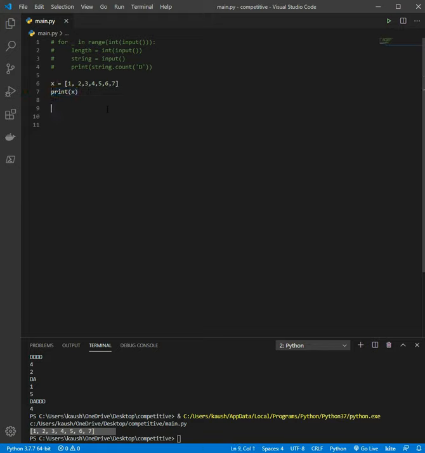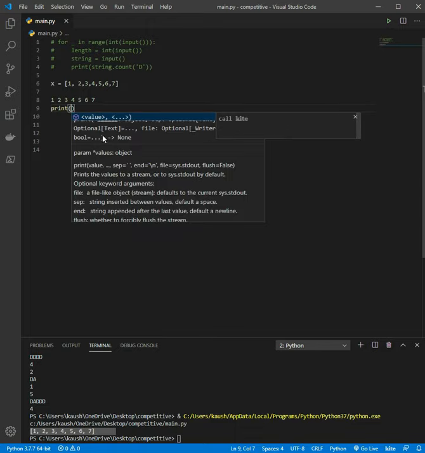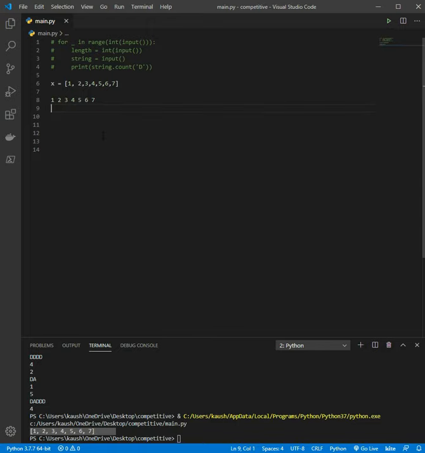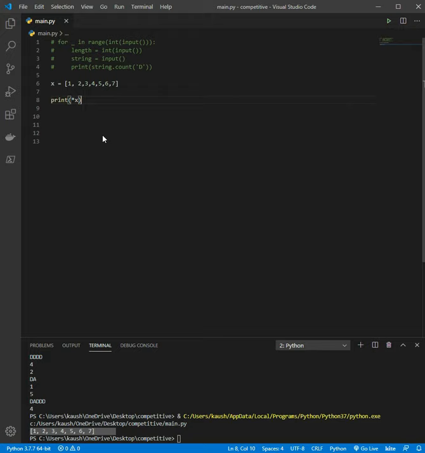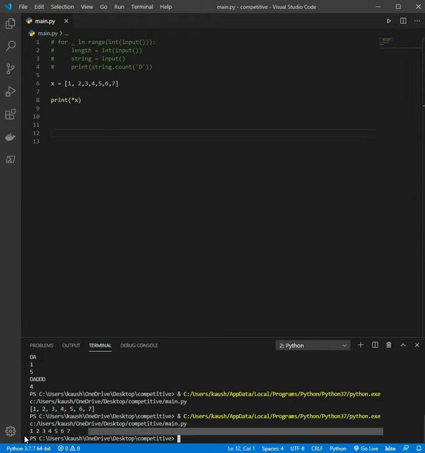These are sometimes asked in competitive programming. What if I want the output to be like this? In order to do that, you have to do nothing special. For the newbies, or maybe if you are aware of Python, you might be considering a loop and then printing i. But the best practice is different, because there are other ways to do the same thing. You can just do print and then the list with a star before it. What this will output is just the list separated by spaces.